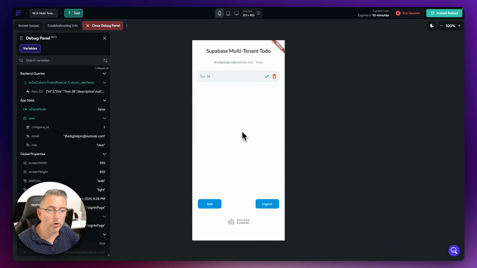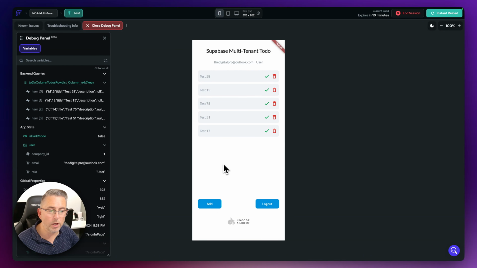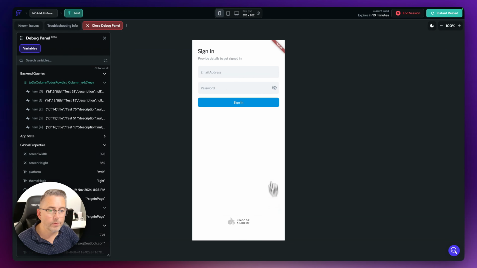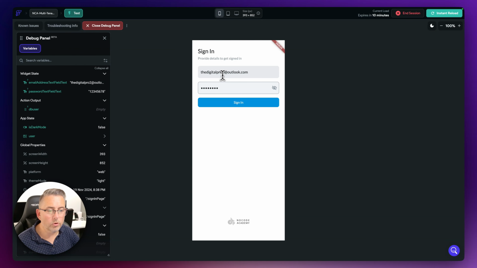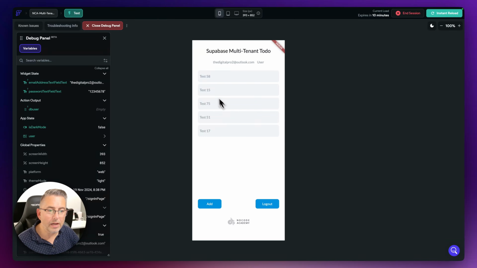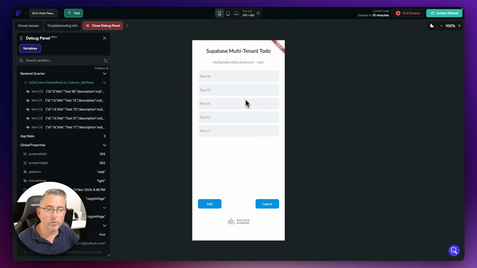Now I'm just going to carry on as the first user, creating a load of records. So this is kind of my own. Now if I log back out, and log back in as user 2, you can see that I can't do anything with these particular records because they're still associated with my company. The rules of this application are that I can see all company data, but there's a different selection of user data that I shouldn't be allowed to manipulate, which is what this is now restricting